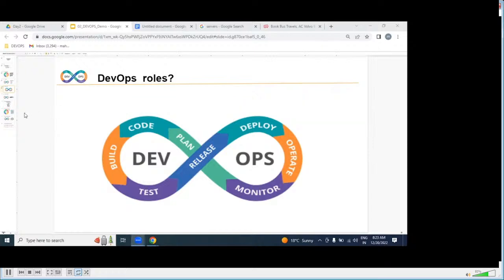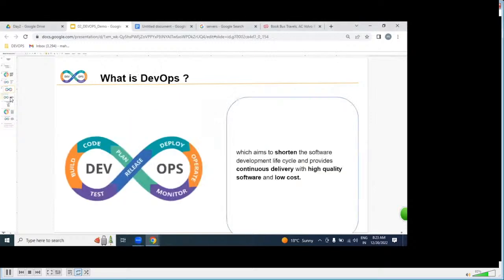Is DevOps a technology like Java, .NET, Python? No. DevOps is a process which you implement from the dev environment to operation. Developers write software, lines of code, using Java, .NET, Python.